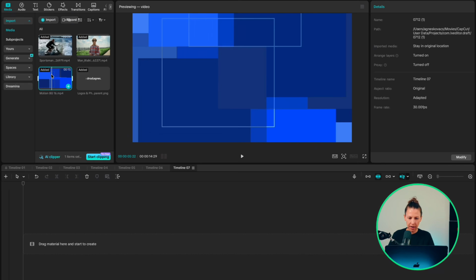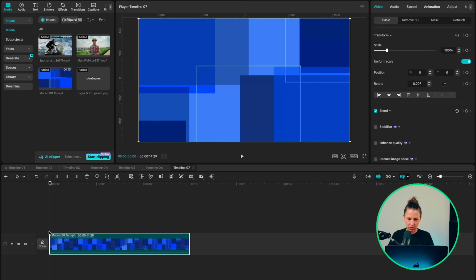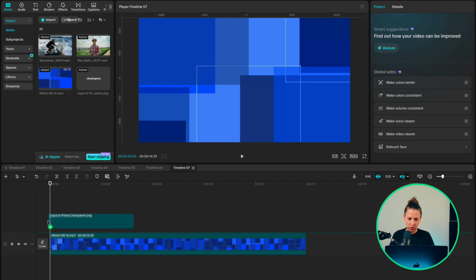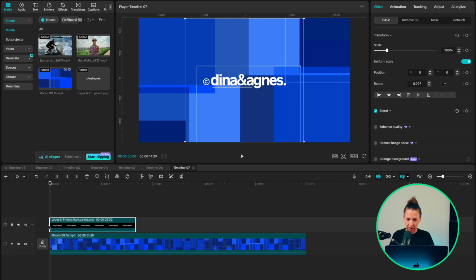Ever wondered how creators protect their footage without slapping an ugly logo across the middle of the frame? That's exactly what we are creating next. I'm adding one of our motion backgrounds to the timeline, then placing our logo with a transparent background on the